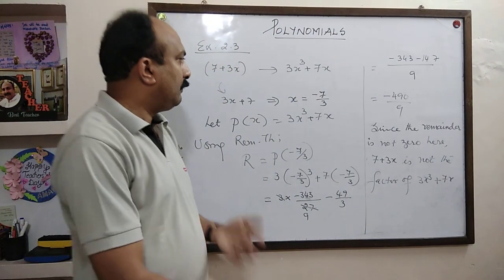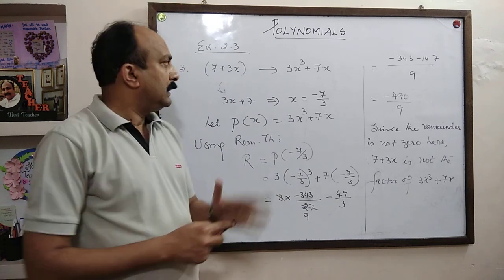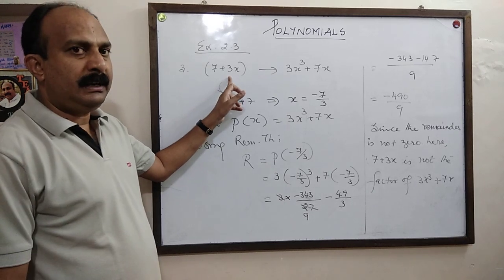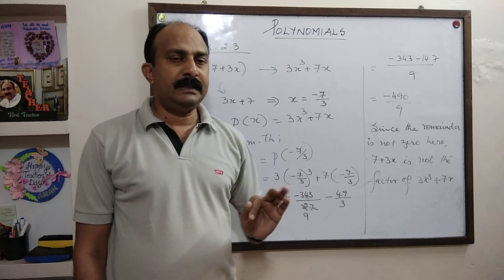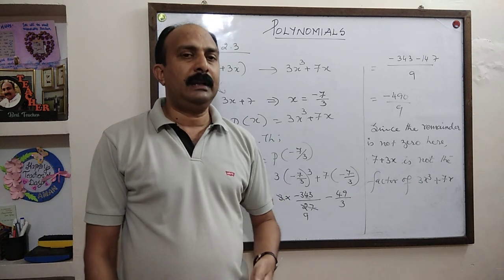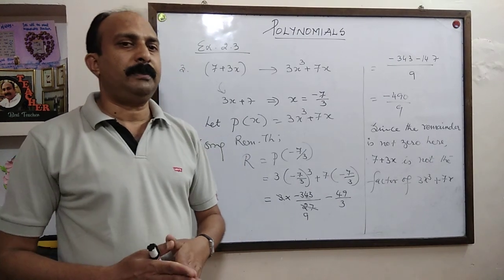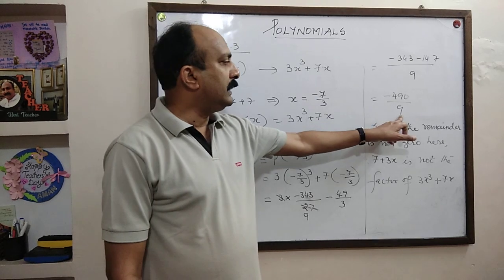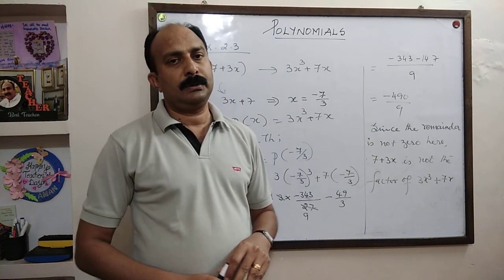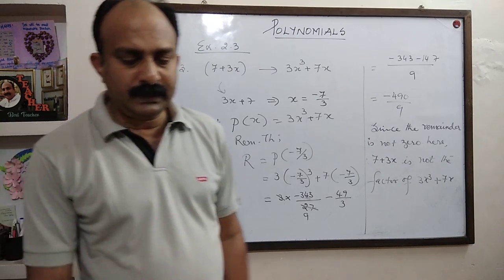So, what was the meaning of this question? To check whether a given divisor is the factor of the dividend or not. Divisor is called the factor of the dividend when the remainder is 0. So what you have to do in this type of question is just to find the remainder and check whether that remainder is 0 or not. So that exercise is over. Only 3 questions were there.